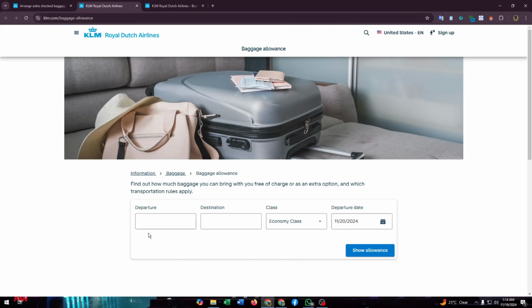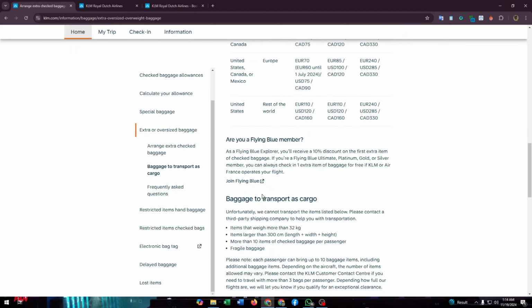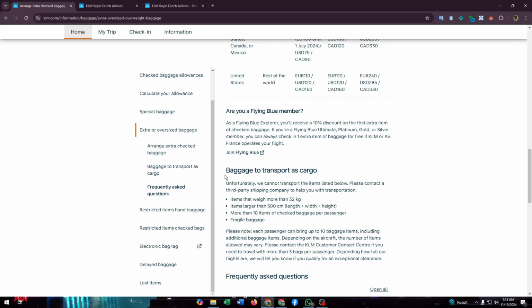You can also calculate your extra baggage price from here. You just enter departure and destination location, then enter class and the date, then click show allowance. Then you can find the cost of your extra baggage according to the flight. But there are some rules about the extra baggage. You must be